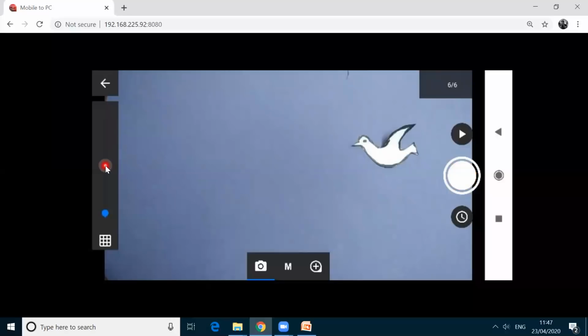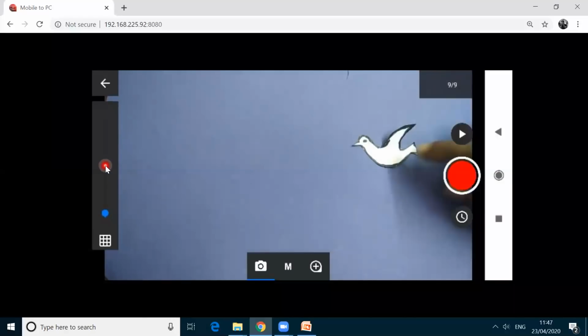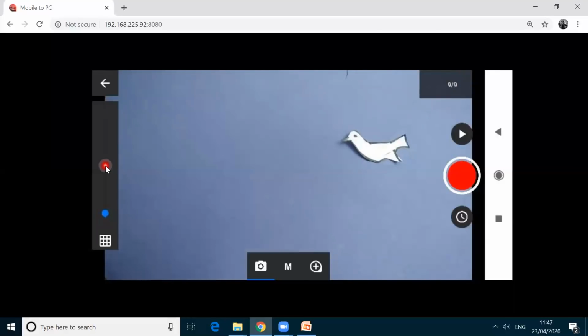And then I am taking. And then I am keeping here. Okay. And then I am moving this one down. And then I am taking a photo.